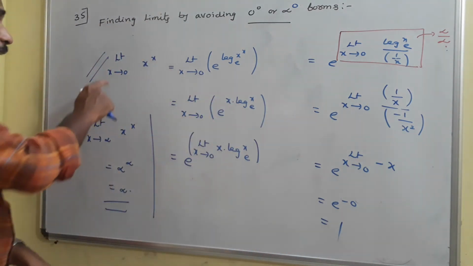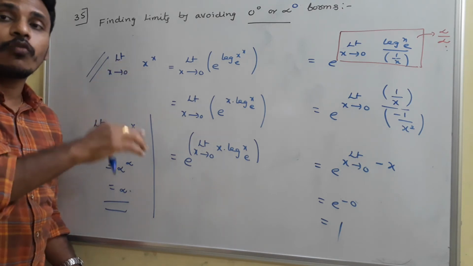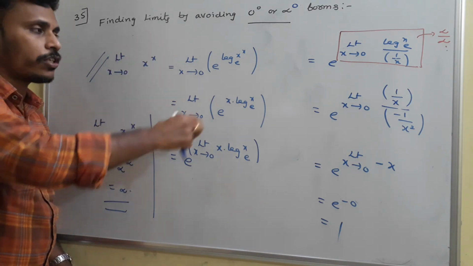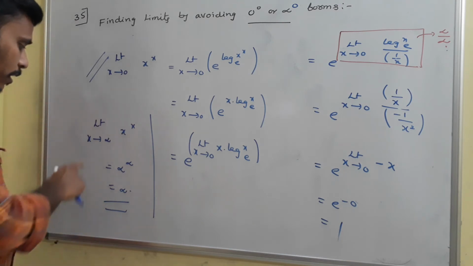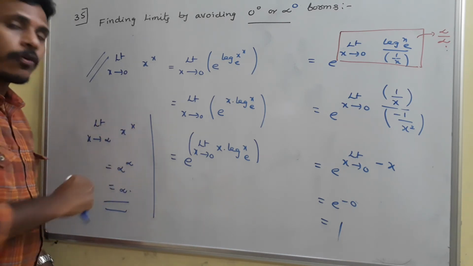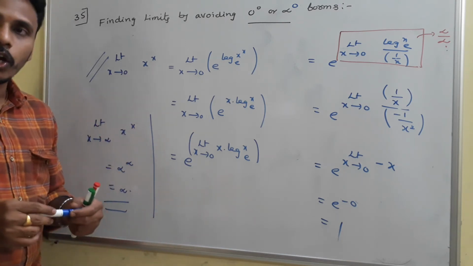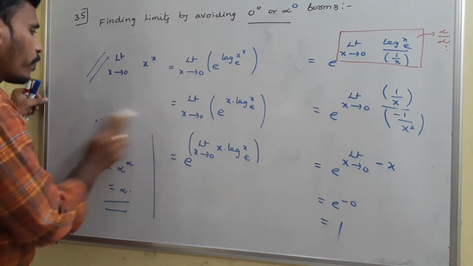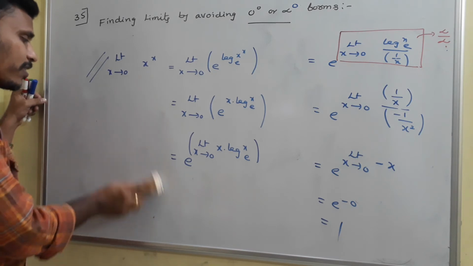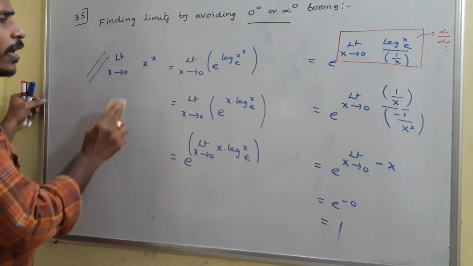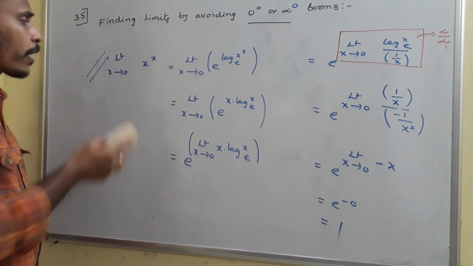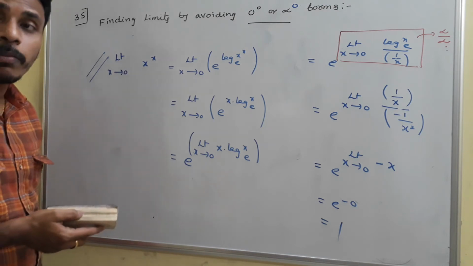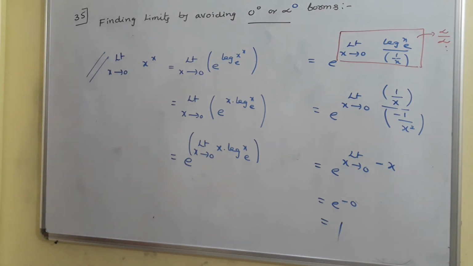So limit x tends to 0, x power x value is 1. But direct replacement gives 0 power 0, which is indeterminate, and that's why we need to proceed with the complete steps. Whereas limit x tends to infinity x power x is again infinity. No problem, right? I will give you one more problem in this situation. I am erasing this. Now with the same logic, instead of x power x, if anybody asks you to find limit x tends to 0 x power sin x, what will happen? Just observe it.